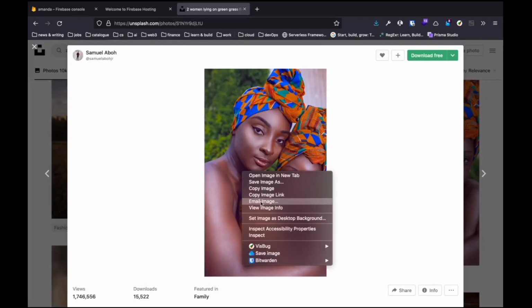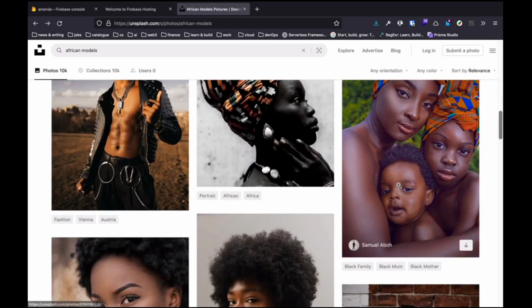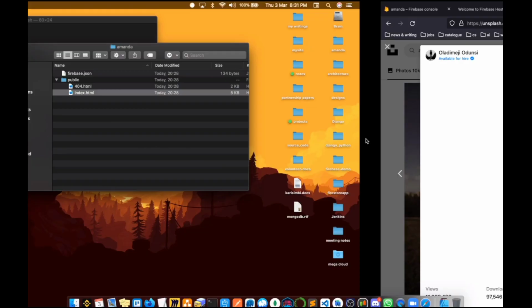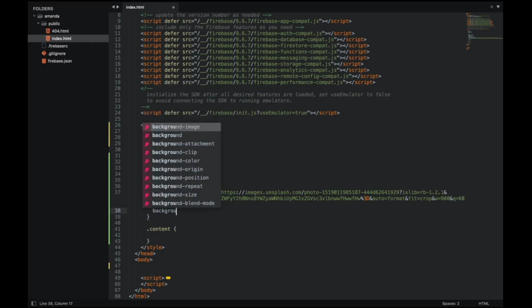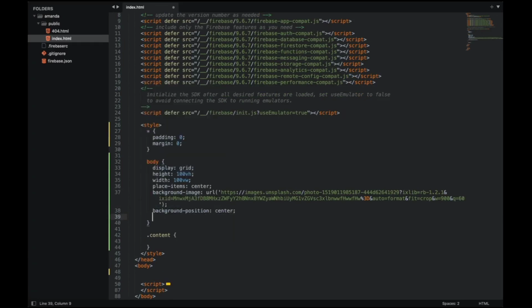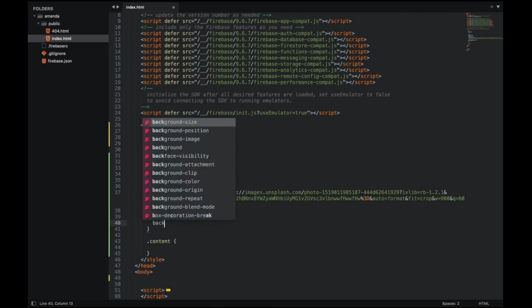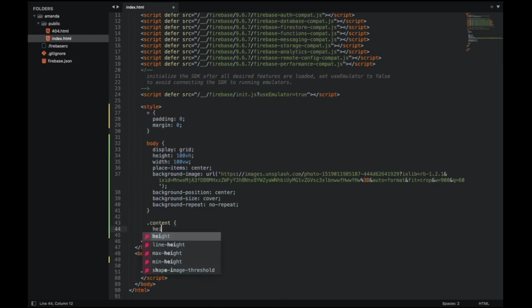Okay, so copy. Is this looking bad? I don't want anything that would. Let's work with this, please. Copy image link. Okay, so yeah, background size. Okay, so content height 100%, width 100%,